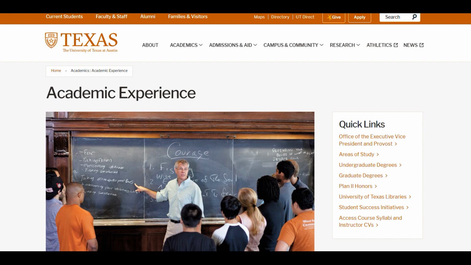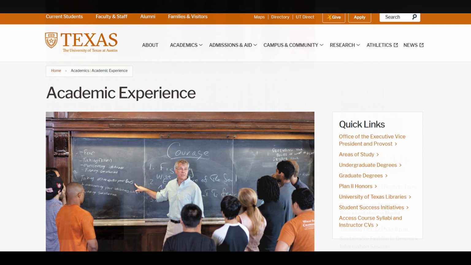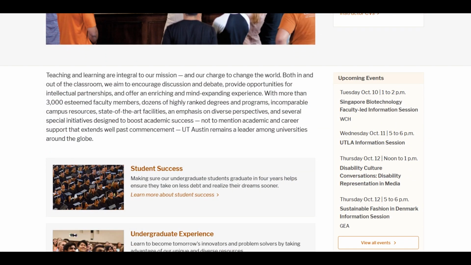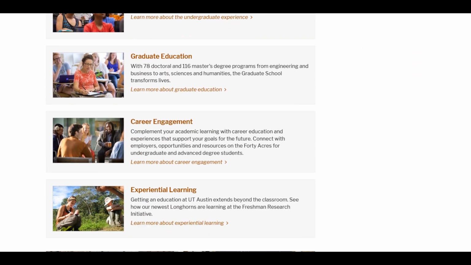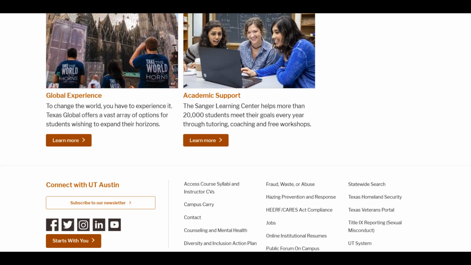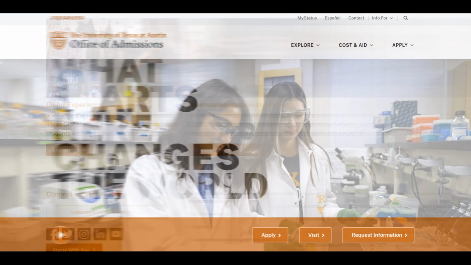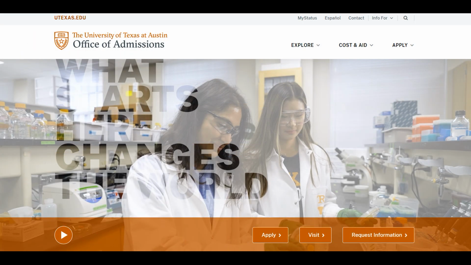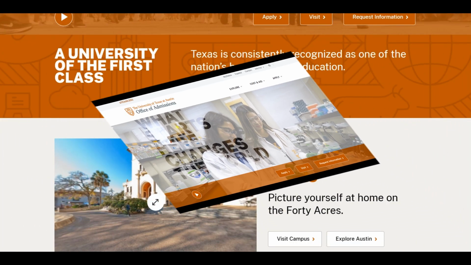Step 4. Click Login. Once you've entered your username and password, click on the Login button. Step 5. Access your account. You will now be logged into your The University of Texas at Austin account, granting you access to various services